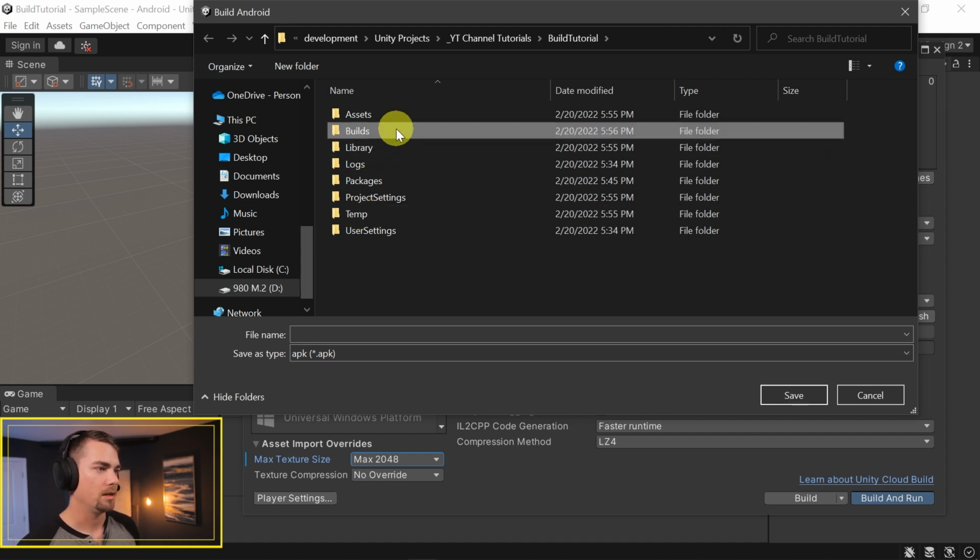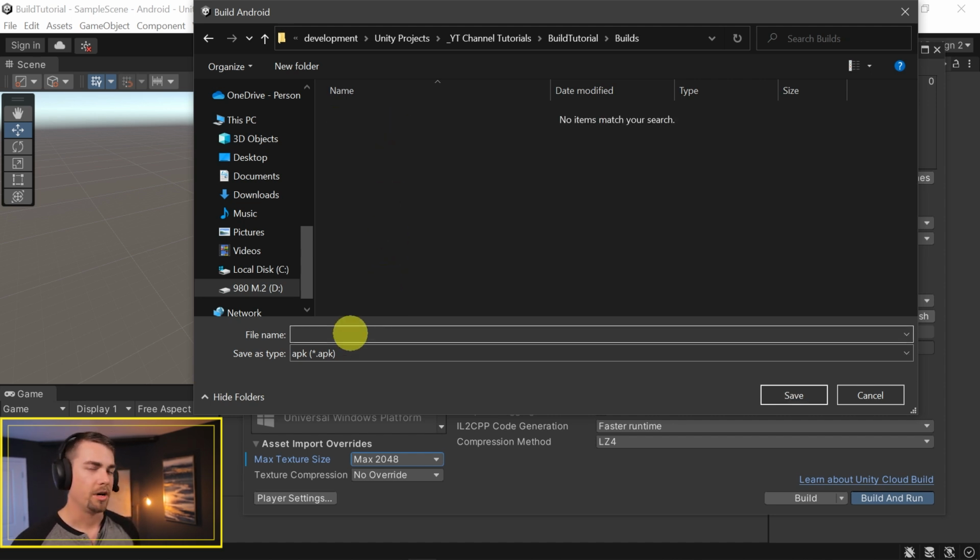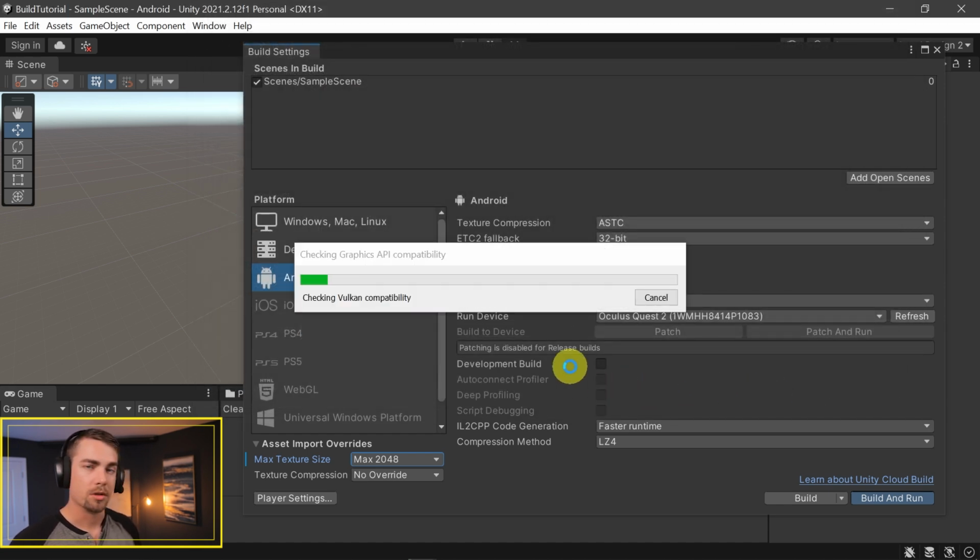And then inside of that, I like to name my file whatever the project name is and then underscore whatever version it is. So we're going to call this build tutorial underscore, and then we had version 1.1.1 in this demo case, so I'm going to say v1.1.1. And that's how I like to name my projects. And then I'm going to hit save, and it will go ahead and generate this build file and put